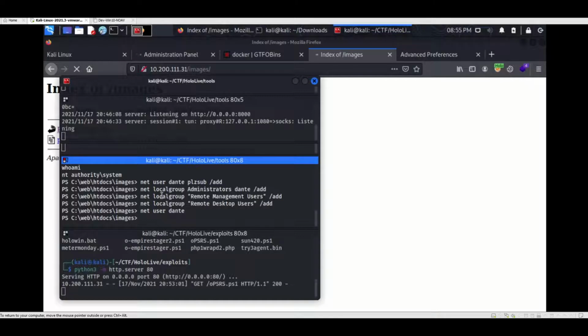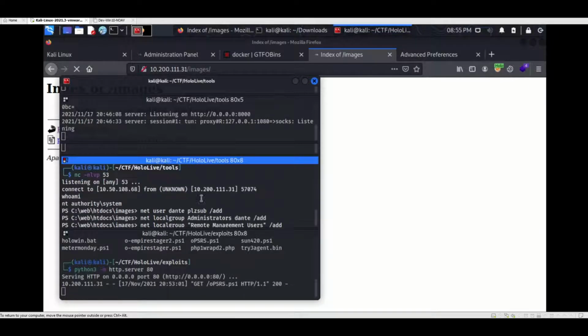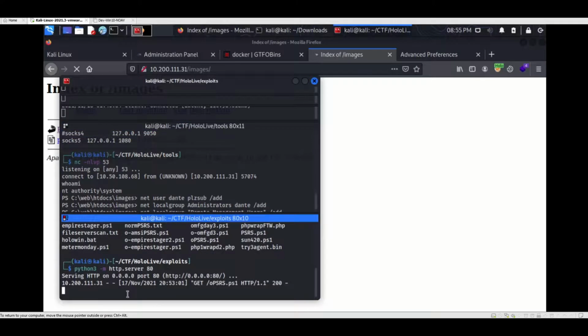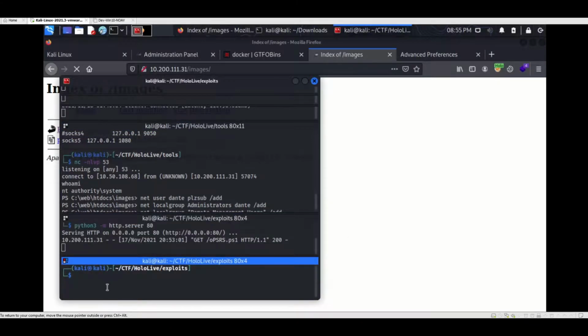I do not like how you don't get much feedback from inside this shell. So let's go ahead and proxychains with, let's do